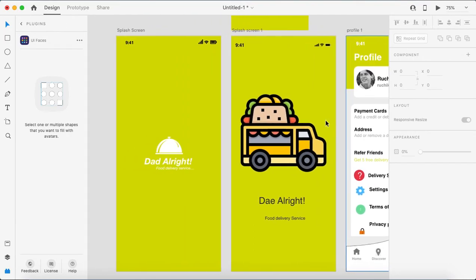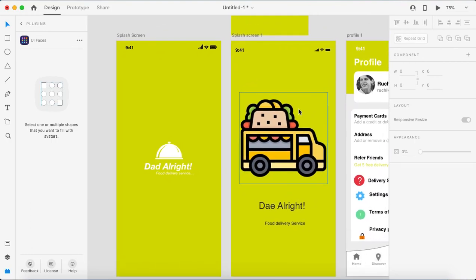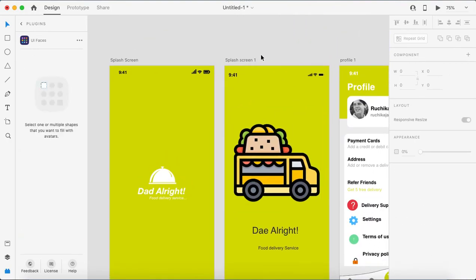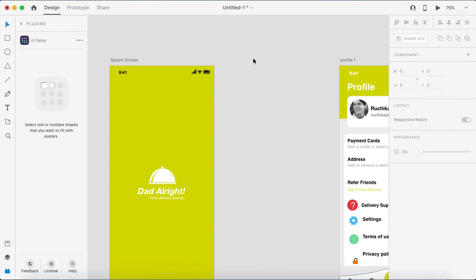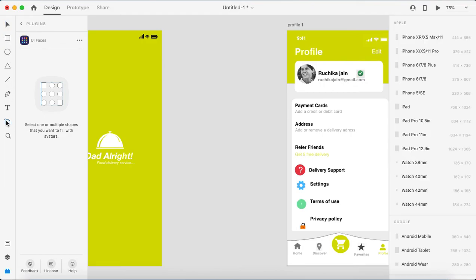Generally, what we are trying to do is use the minimum of colors, which makes it neat and clean. Once you start to make designs, you will start to learn why we want to use minimal colors and why we want to use this kind of icon. You'll get an idea. But this is how we need to do the screen. Okay, so I'm deleting this screen as well. All right, now I'm adding the new screen.